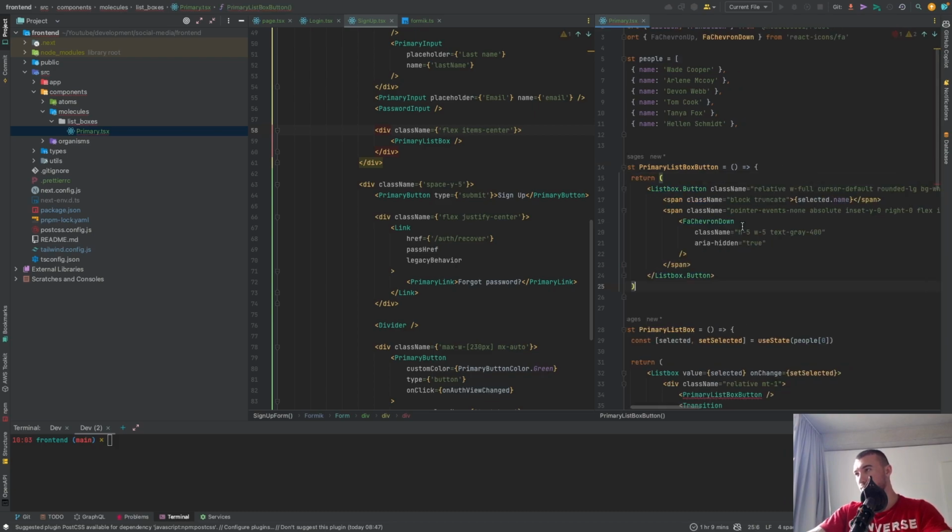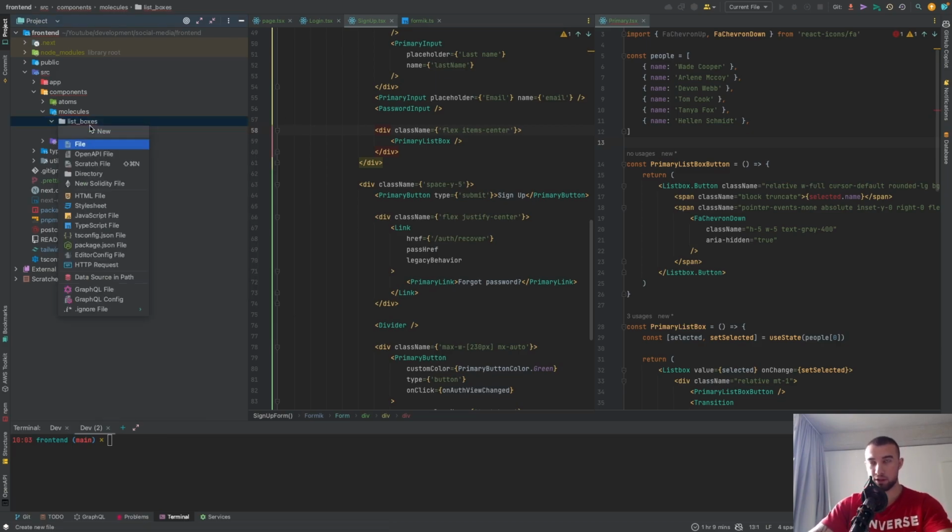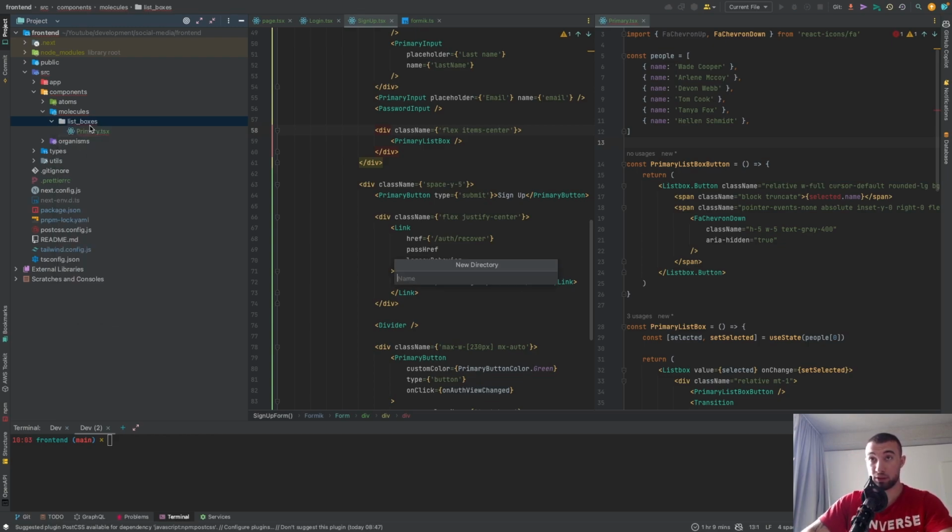Boom. We have selected name. We want to have list boxes directory. Inside of it we are going to have primary folder. Inside of this we have